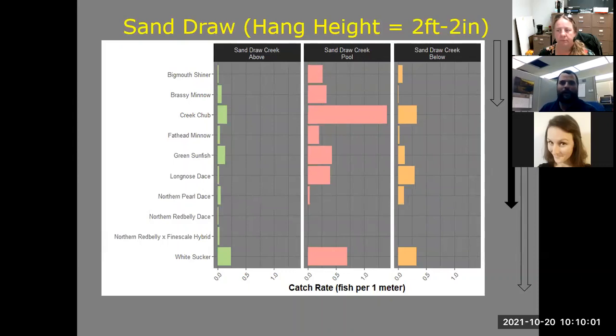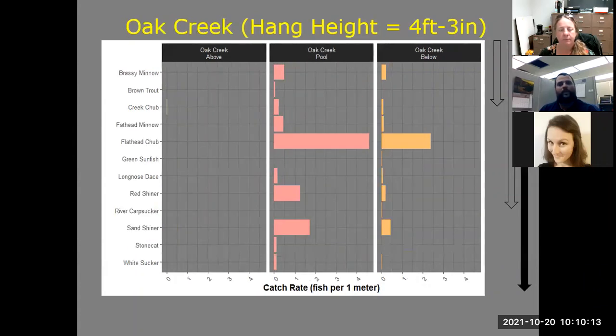Sandra, we sampled northern pearl dace, northern redbelly dace. We ID'd some of those out, and then the Chrysomus species. And then Oak Creek,